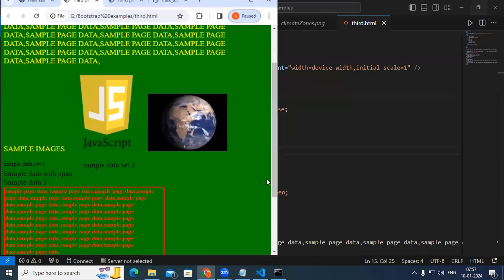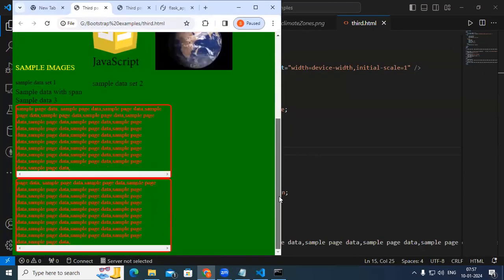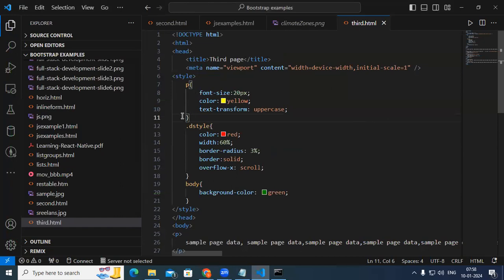Now let us resize this. Even when you resize, it is changing automatically as per the device width. But here the content is not getting converted to uppercase. Only the divs above these two divs are converting into uppercase, because we applied element based styling there. By default, all the divs